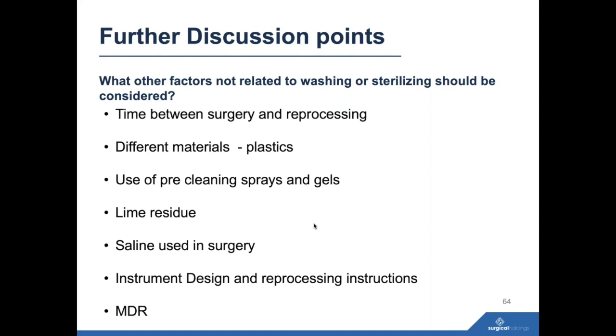Instrument design and reprocessing instructions, of course, we need to improve that. And with the MDR, when it eventually comes in, as it may or may not be delayed further because of obviously the coronavirus situation, we're going to have to look as manufacturers at validating our instruments to a much higher level. So hopefully that will go hand in hand with better performance through sterile processing when these devices